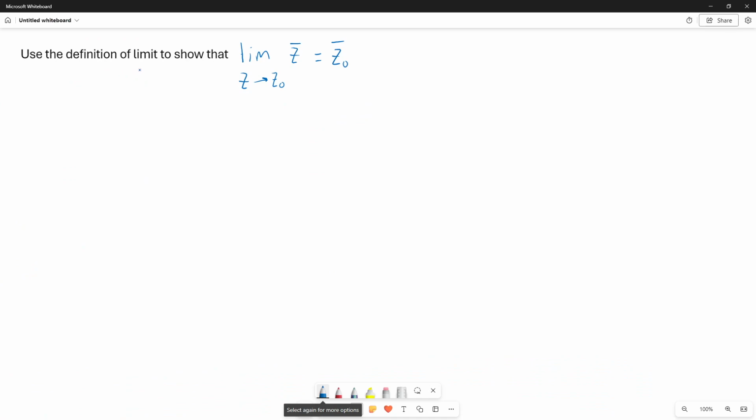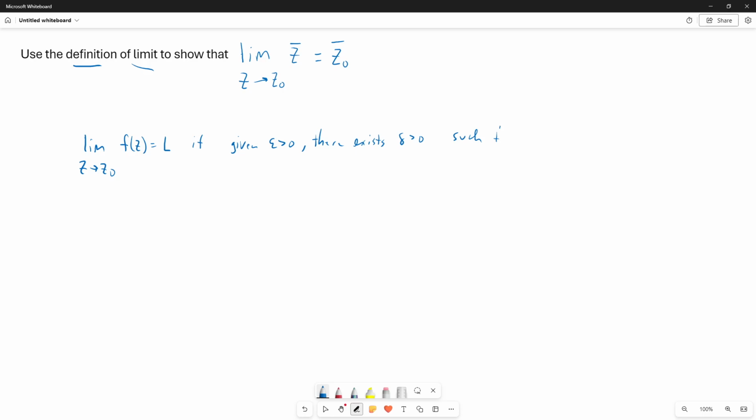We would like to use the definition of limit to show that the limit as z approaches z0 of z bar is equal to z0 bar. So the definition of limit says that the limit as z approaches z0 of f of z is equal to some number L if the following condition holds. Given any number epsilon greater than 0, a small positive number, there exists a corresponding number delta, also positive,